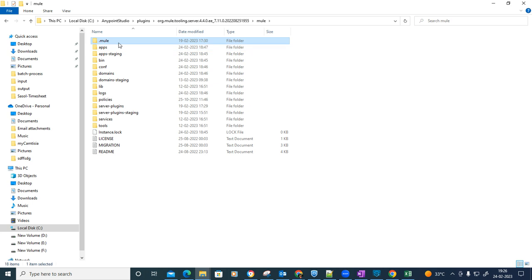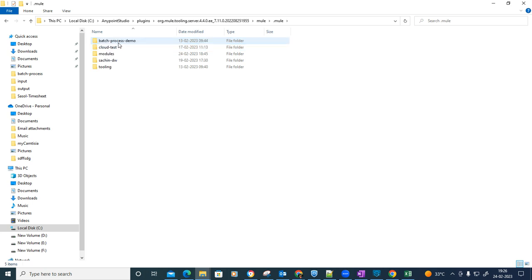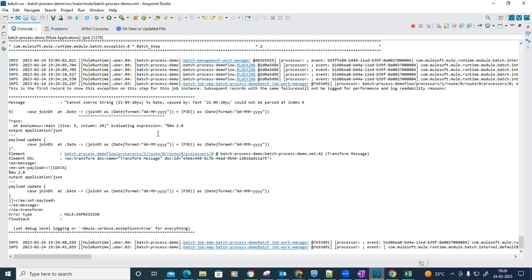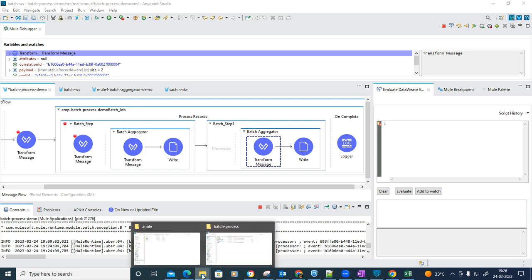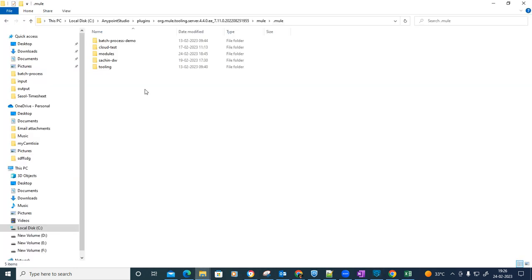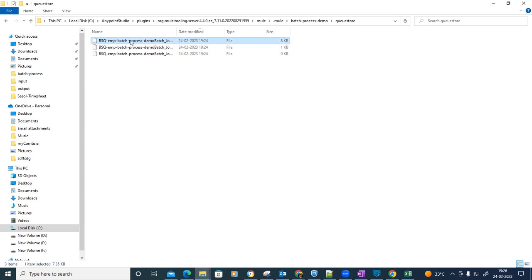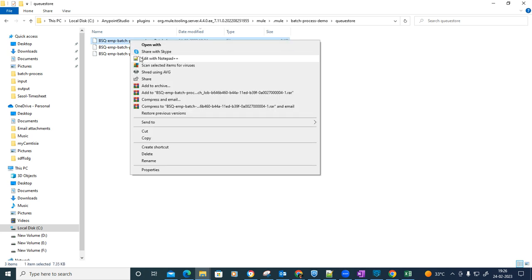Now here, if you go to the .mule folder, you can find the folder with your project name. My project name is batch process demo. In that folder, you can find another folder, batch process demo. In that folder, you can find something called queue store. If you open this queue store, you can see a BSQ file got created. If I open that one,